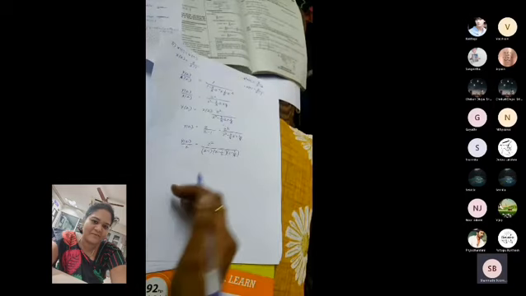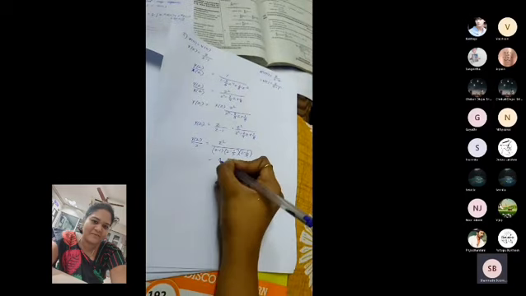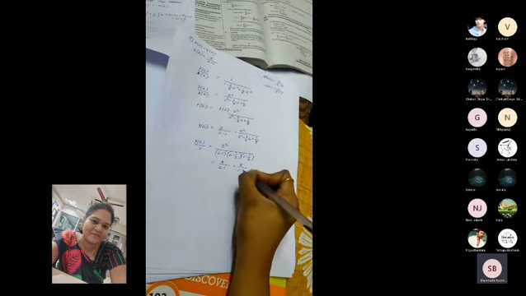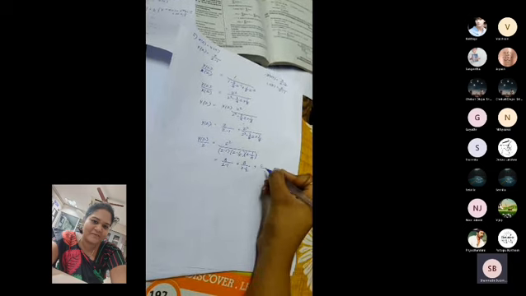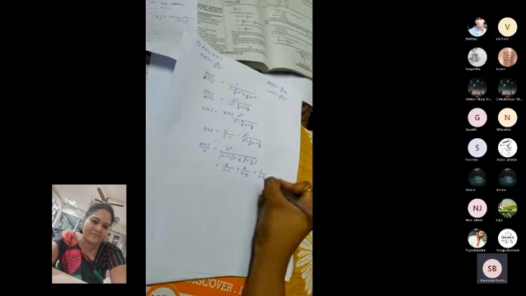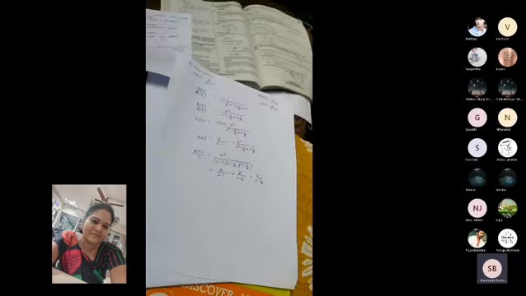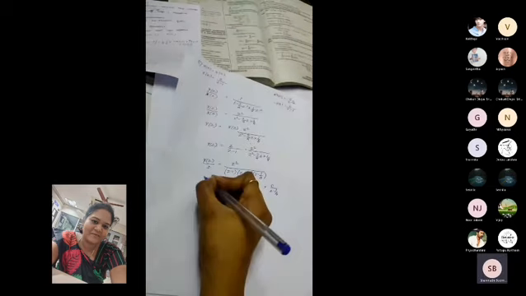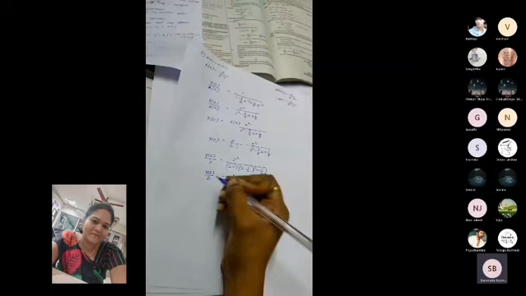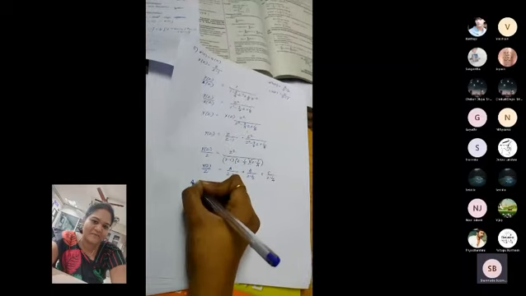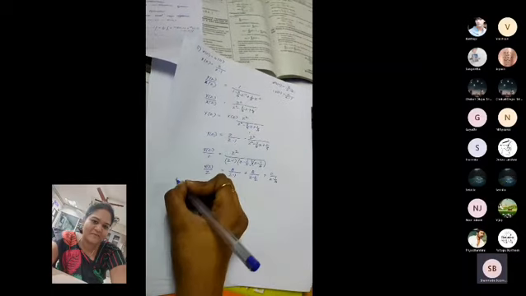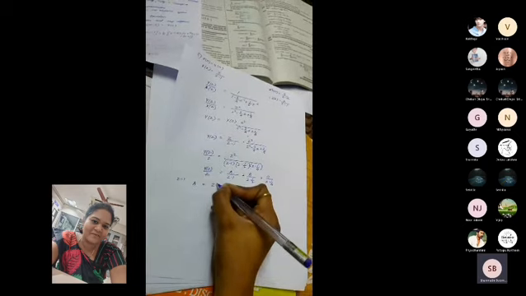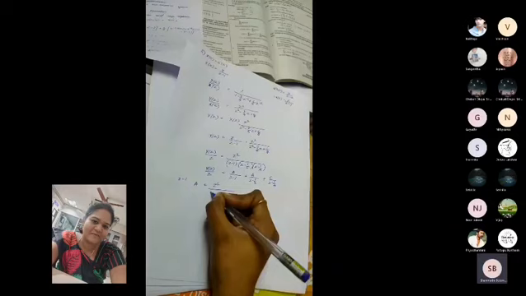Okay, here you have 3 terms: A divided by z minus 1 plus B divided by z minus 1 by 2 plus C divided by z minus 1 by 4. So same thing you have to do. Whatever you did before, you have to do the same thing. Okay, first I want to find out A value. So to find out A value, I am going to consider z equal to 1. So z equal to 1 means you will get z square divided